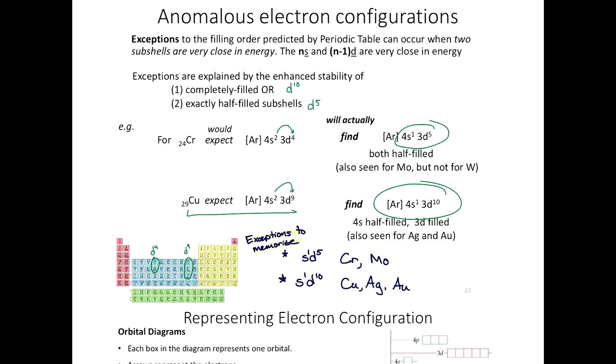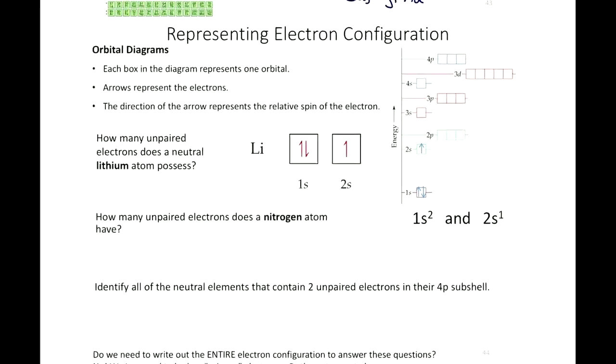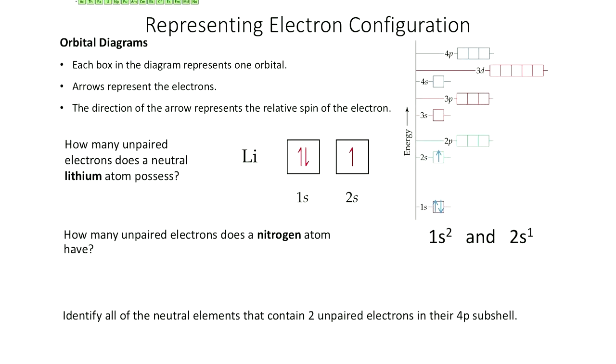Okay, so remember, we can represent electrons in these boxes. Another way we can talk about electrons in boxes is to count the number of unpaired electrons in our electron diagram. For example, here's lithium, which has 3 electrons, where we put the first electrons in this box and the last one over here. So I could ask, how many unpaired electrons are on lithium? These 1s electrons are paired, while the 2s electron is unpaired. So lithium has 1 unpaired electron.